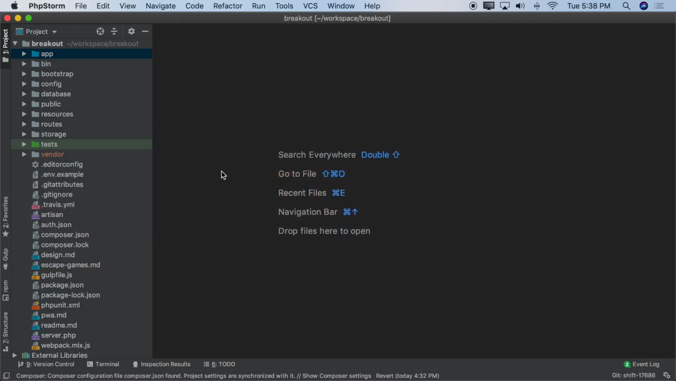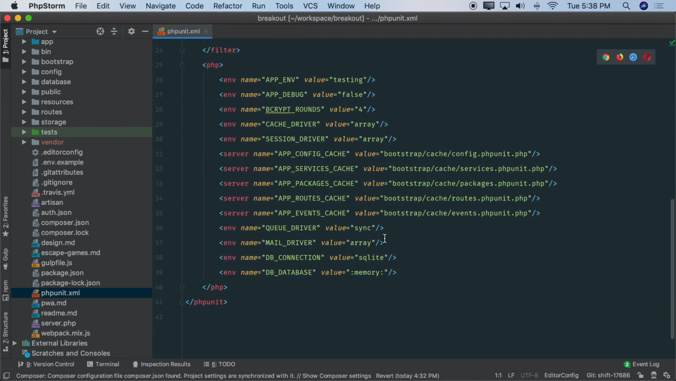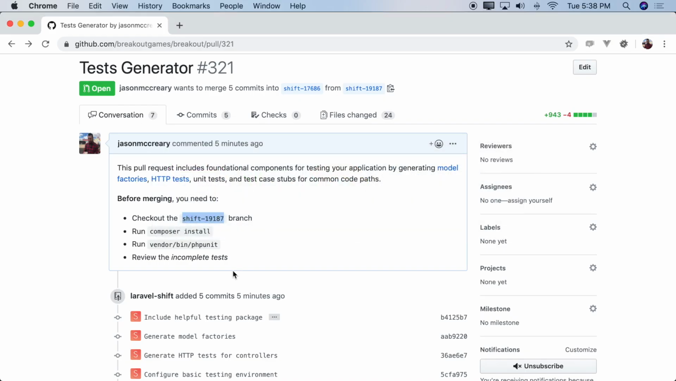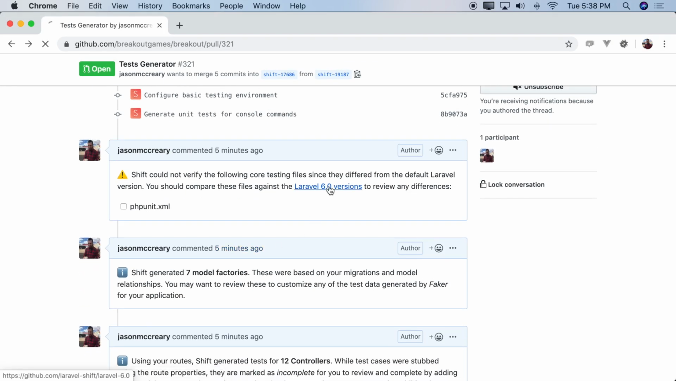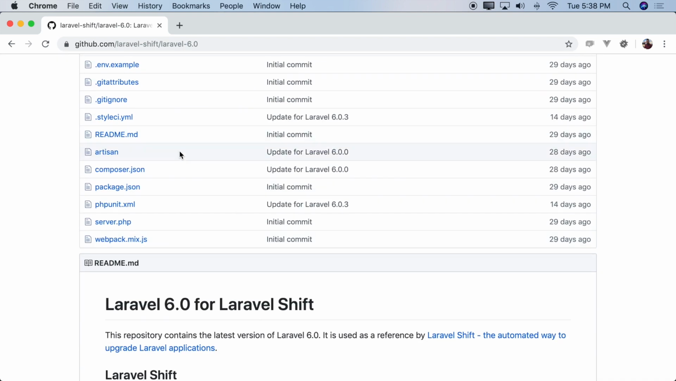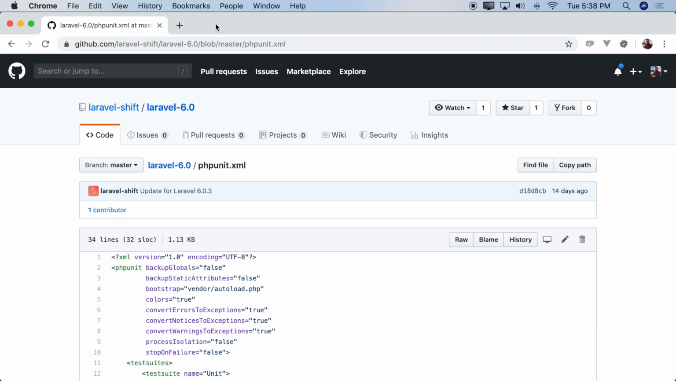running the tests. But in the meantime, let's take a look at that PHPUnit file and kind of see what might be a little bit off here. Okay, so there's actually some things I can tell right away that were added for Laravel 6.0 that actually are no longer in existence. So what I'm going to do is go back to the PR and click the link that's provided to an example of the files that are kind of in a default Laravel 6.0